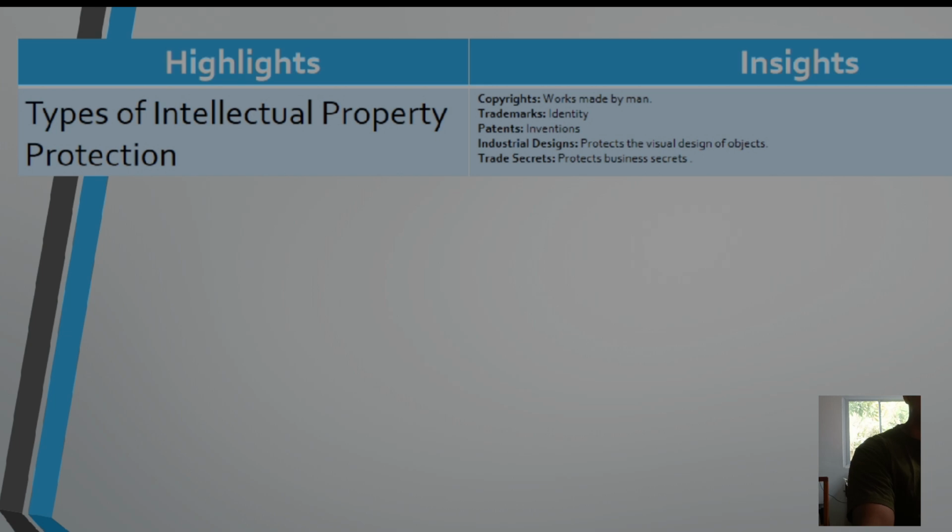Another one is trade secrets. This focuses more on business formulas, business strategies, and the products themselves. It also covers the practices within a company, organization, or agency where there is a certain secret formula that is kept secured by the company or the organization.